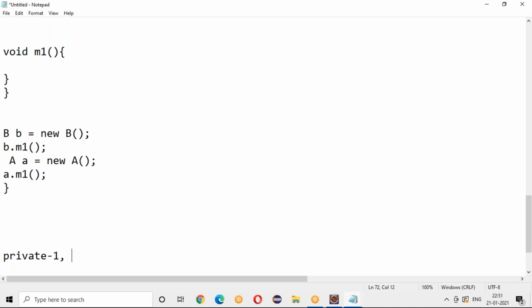Protected. No, protected stands for 3. You have default. Why? Because I was giving from lower to higher, right?